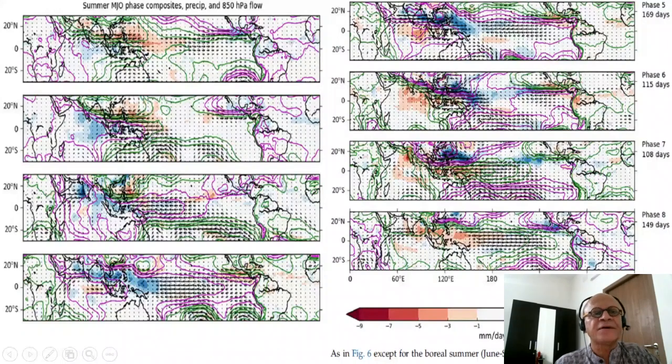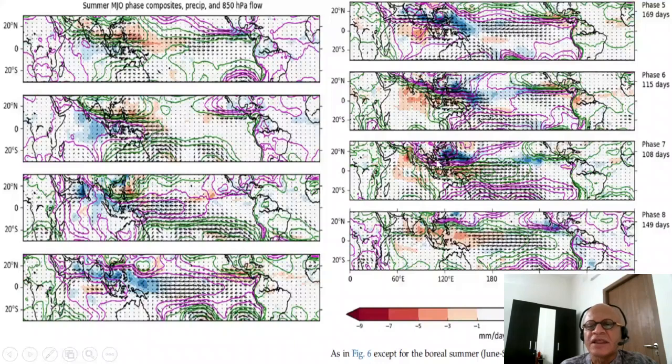Again, looking at OLR, geopotential height, and 150 hectopascal winds. So you are again looking at different phases, but instead of a systematic eastward propagation, you see these north-south structures and these tilting southeast northwest kind of structures, which we'll come back to when we look at MISOs in a little bit more detail. So there are propagating intraseasonal signals even in the boreal summer, and many of them do tend to originate in the western Indian Ocean, but as they propagate eastward, they tend to get detoured northward into the monsoon region,